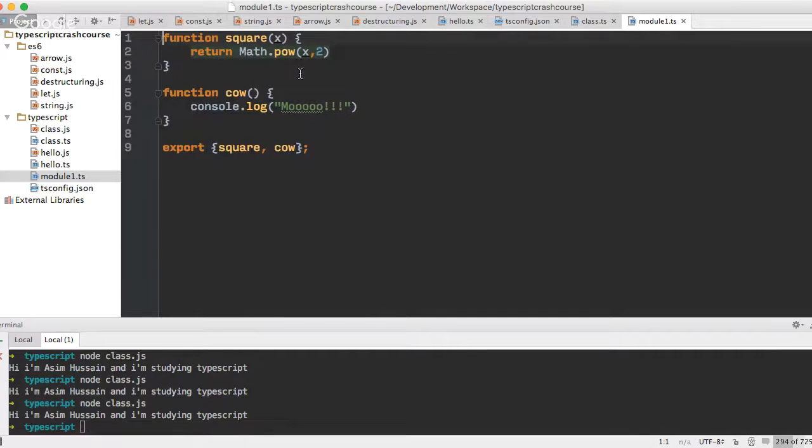In my module1 file, I've created a function called square, which just squares a number, and a function called cow, which just logs moo. Then I've got this new syntax at the bottom, which is export. It looks like a destructuring syntax, and it is. We're exporting square and cow. So we're saying that the square and cow functions from this module are exportable, which means they're importable somewhere else. So let's now